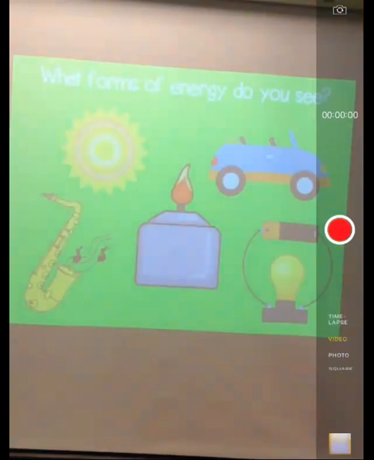What's another form of energy you see? Circuit. Well, that's the electrical. Okay, the battery powering that. What else, Jackson? Right. There is light energy. What else? Bailey? Sound energy. What else, Maxim? How about kinetic energy? That's probably the car. Energy in motion, probably. Okay. Aiden? Fire. Or how about heat energy? Okay, let's go on. Good.